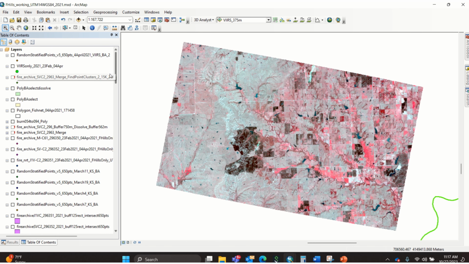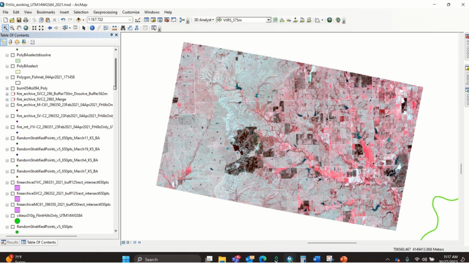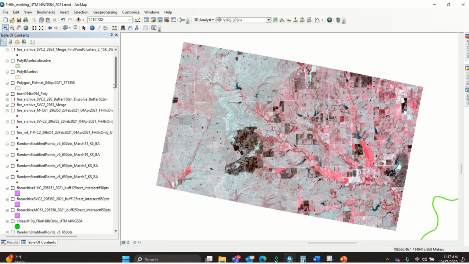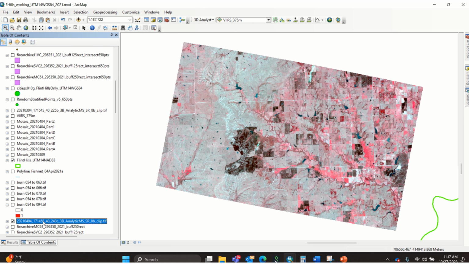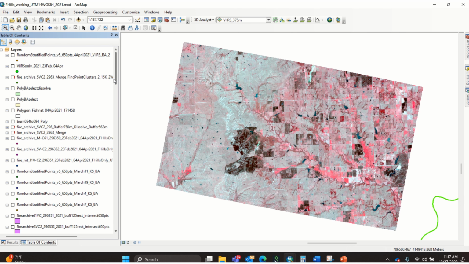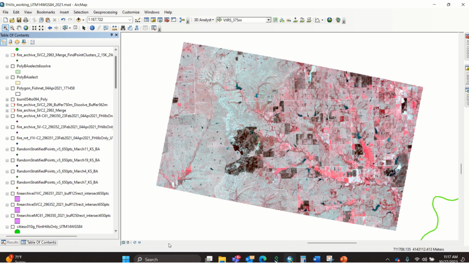Where did it go? Naming conventions. Should have been ready for this. Oh, here it is right here. So basically I created this polygon coverage, polygon underscore fishnet, the date of the image, and then there is a unique identifier that's within the TIFF image, 171458, which you can see right here. This 171, oh, that's 545. There's 548 is the one I used. This is it down here, the 458. So we go ahead and name it, and then